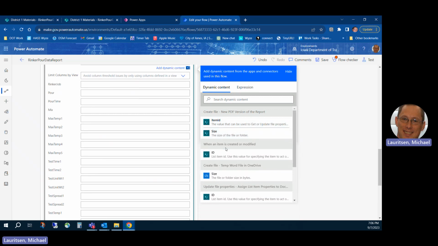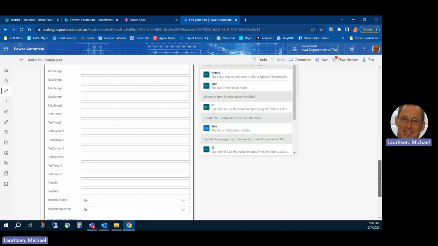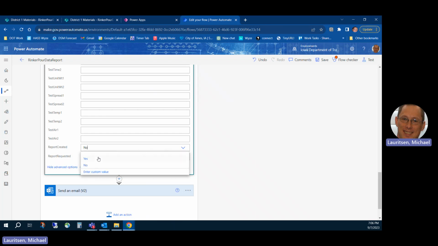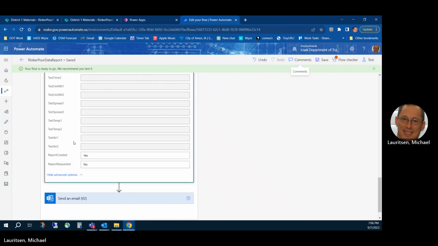Okay, so when the item is created or modified, that's the ID that we want. And then we want the very last thing. What triggered this flow is it said the report was requested to yes. We now want to change it back to no, and we want to change the report created to yes. Save. Okay, and